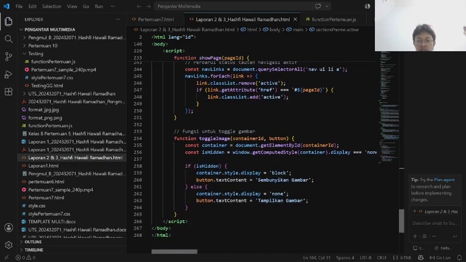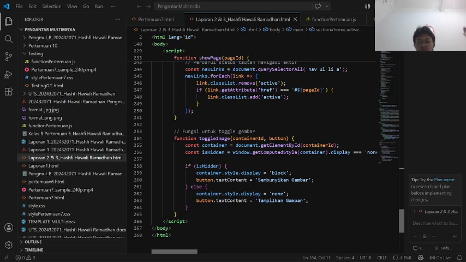And the second function handles the show and hide requirement: toggleImage, container ID, button. When a user clicks the button inside any image card, this function captures the target container ID and the button object itself. It checks the current computed CSS display style of the target container.